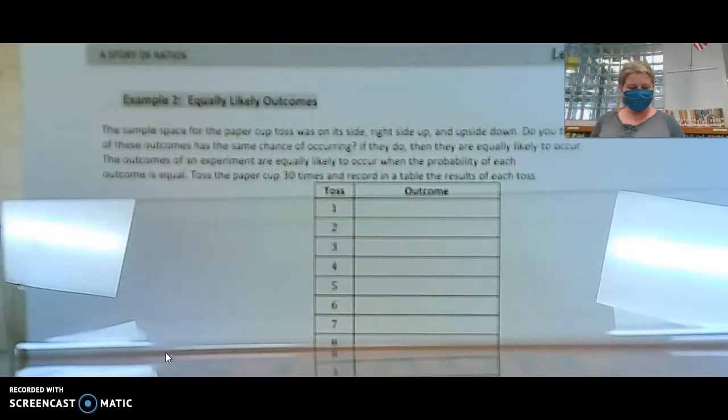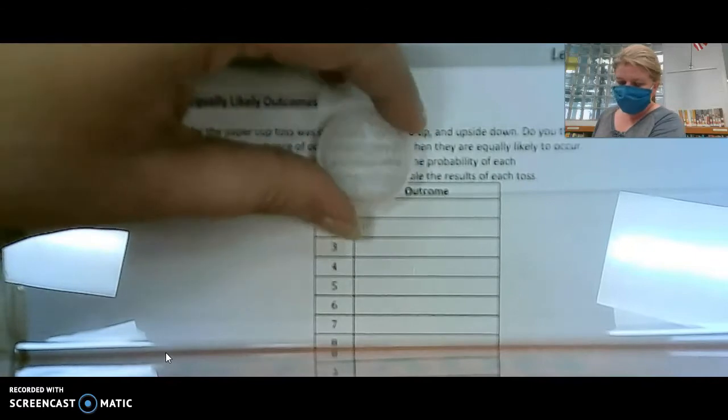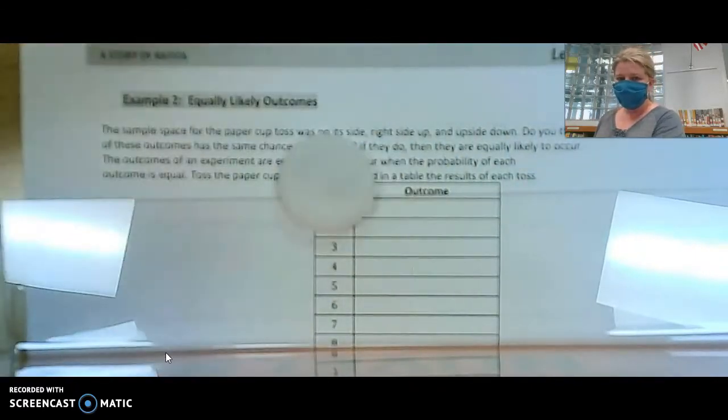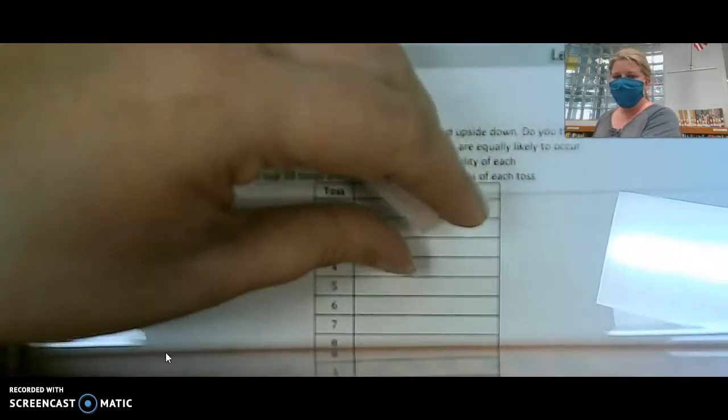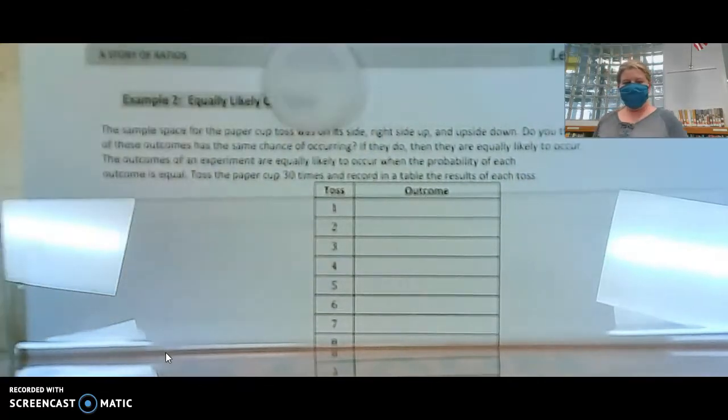Now remember that the potential outcomes, also called the sample space for this experiment, would be upside down, right side up, or on the side. So I'm going to pause this, and I'd like for you to pause yours as well. You do the experiment, I'll do the experiment, and then we will look at our results together. Now, are you expecting to get exactly the same thing that I get? I wouldn't